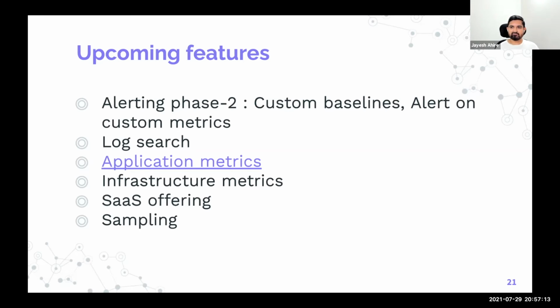So alerting on those metrics will be supported as well. Apart from that, alert with custom baselining is one of the important things we want to add to the alerting engine. Then, as I discussed briefly, we have logs in our platform. Now we support ingestion of span logs, and we correlate those span logs to traces and spans at this point. But we also want to support extensive log search via Explorer, and that feature will be coming next month